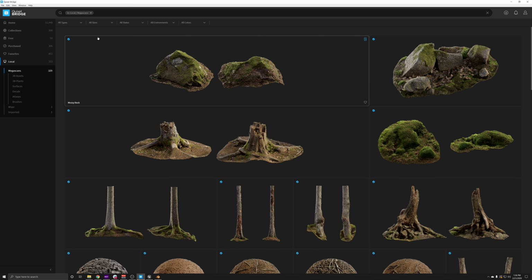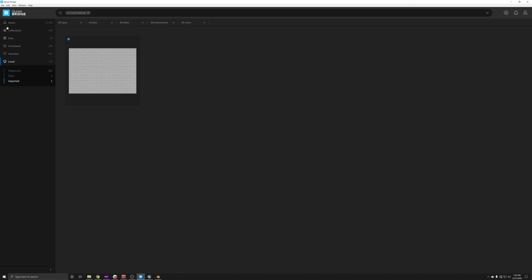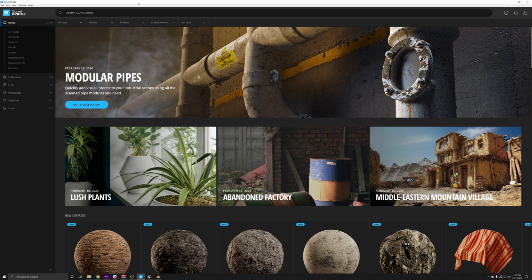And I know there's a word I just said that probably sparked a flame in some of y'all's ears: the word custom, your own custom assets. Well, we could do that. So let's go ahead and select import, which we don't really have to select. Let's just go back to home. I wasn't going to talk about this, but since I believe we have some time, I'll just showcase this really fast, since there have been a lot of questions lately on custom assets.